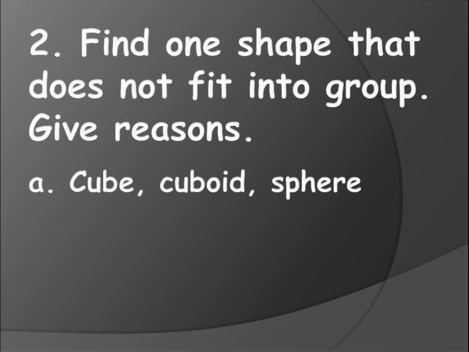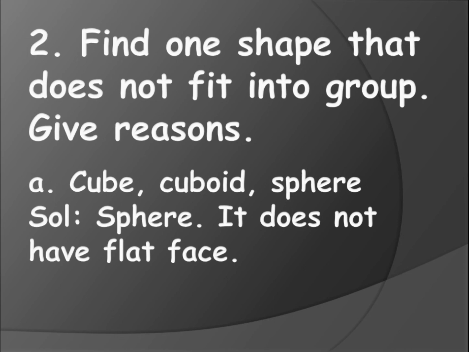If you see, children, cube and cuboid, if you remember, recollect the shapes, all the cube and cuboid have straight lines to draw. Okay, and for sphere you don't have any straight lines. There is no standing line or sleeping line or slanting line. For cube and cuboid we don't have any curves, but in sphere we have curves, isn't it? So you can write which is a different one, that is sphere. And how is it different? Because it does not have any straight lines or flat faces. It has a curved face, isn't it? So you have to mention that.